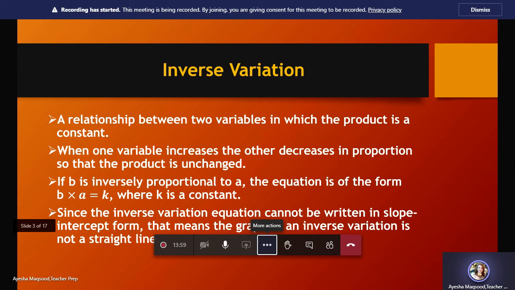Okay. Now, just to have a review of how we find the value of the constant k, and how we observe from the tables, if they are given, whether the values given here are inversely related to each other or not. If you remember, we have done this practice for direct variation also. Do you remember the tables we discussed, where first of all we observe whether both the variables are increasing or decreasing, and then we find the value of k, and then I told you how to write an equation. Do you remember that?